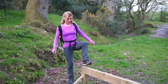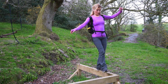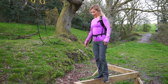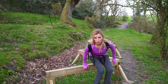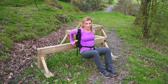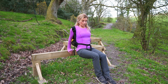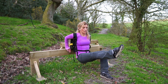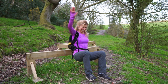So these kind of beams are really versatile actually. The temptation is of course just to stroll along it and do a few swings and try to stabilize yourself. But in this case, we're going to use it as if it's your sofa or your chair at home. You just dip behind, nice and steady. If that feels too easy, then you can always lift a leg, change whenever you want, lift an arm, you'll know that one's happening, change arms,